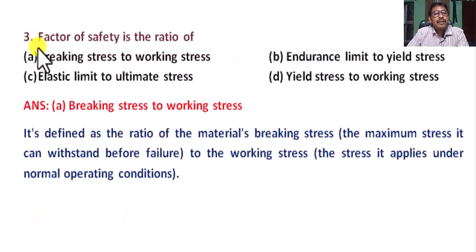Question number 3. Factor of safety is the ratio of: option A, breaking stress to working stress; option B, endurance limit to yield stress; option C, elastic limit to ultimate stress; option D, yield stress to working stress. Correct answer is A, breaking stress to working stress. It is defined as the ratio of the material's breaking stress, that means the maximum stress it can withstand before failure, to the working stress, that means the stress it experiences under normal operating